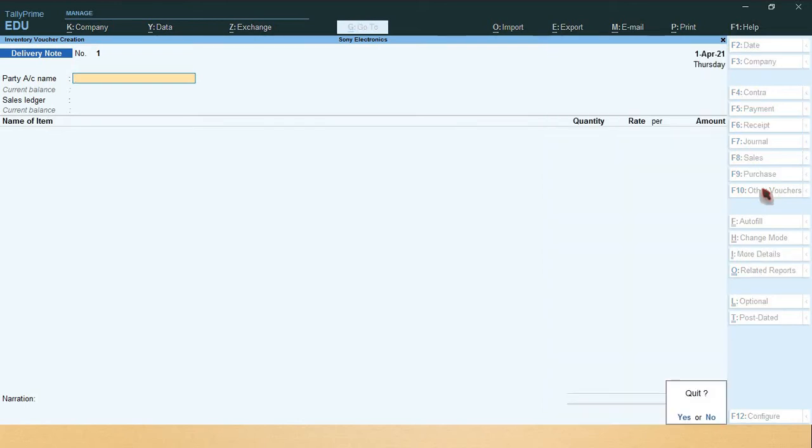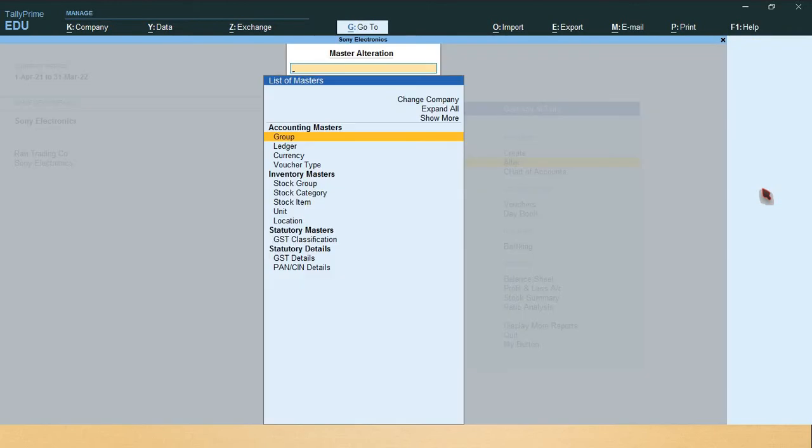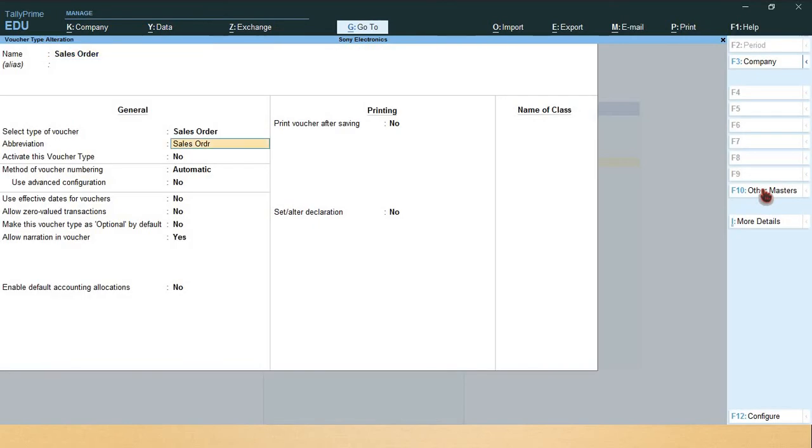Another way: escape, go to Gateway of Tally, select Alter, select Voucher Types, press enter, select Sales Order. The delivery note voucher is also here, but I have already enabled it in the other way, so there is no need to enable it here. Next select Sales Order, press enter, and set Activate this voucher type to Yes.